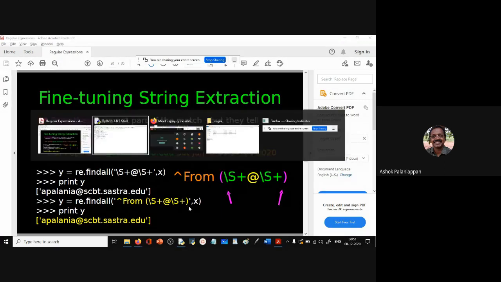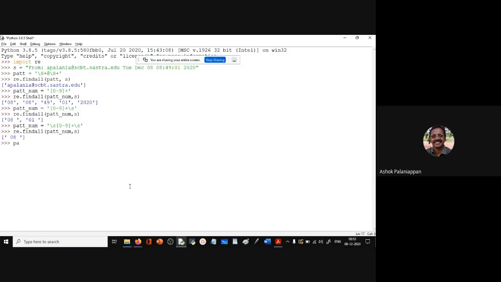So let's see this in operation. I'll say pat underscore true. Now how do I construct this pattern? It has to begin with from. So I say a caret symbol and then from, and then we also have a colon here. And then some non-white space characters. The white space should be given here. It is essential so that it starts matching from the non-white space characters. There's only one white space between the from colon and the next word. So that one white space is given here and will be matched.